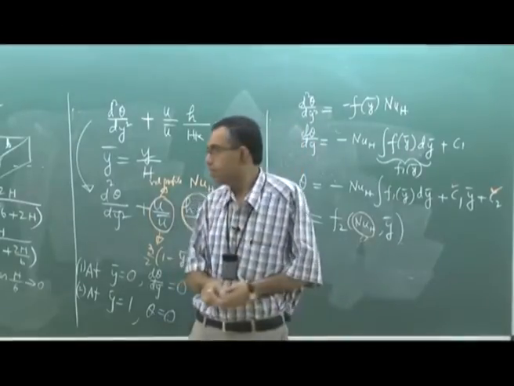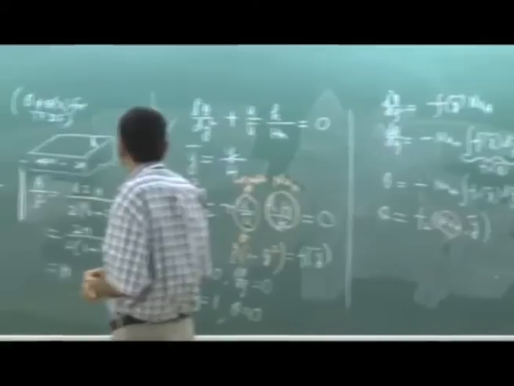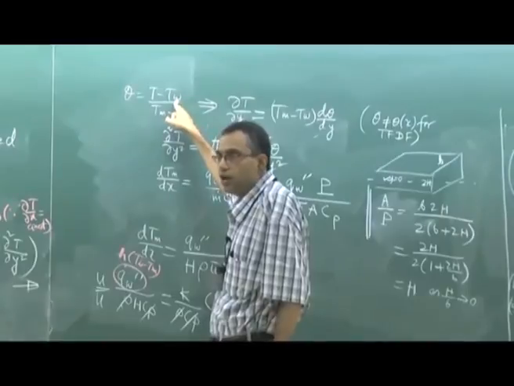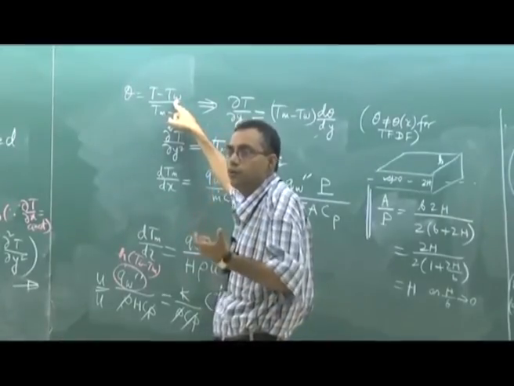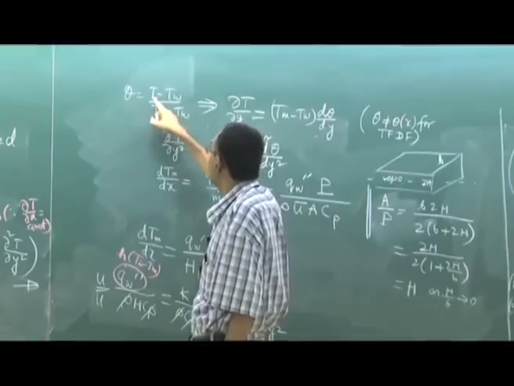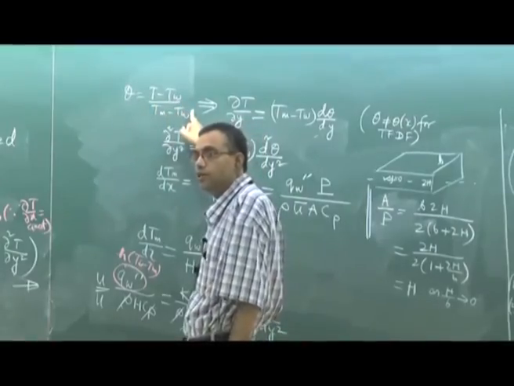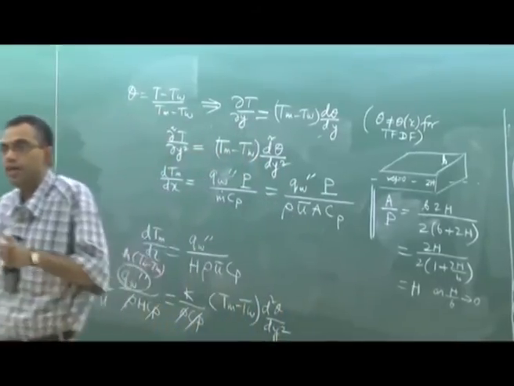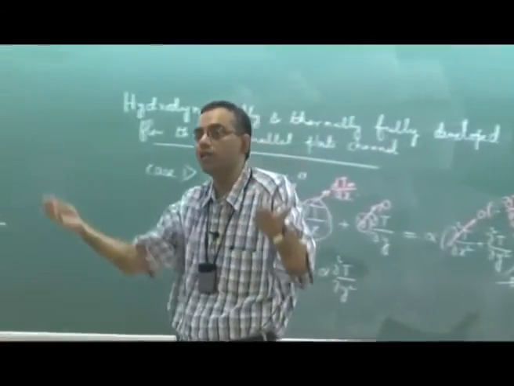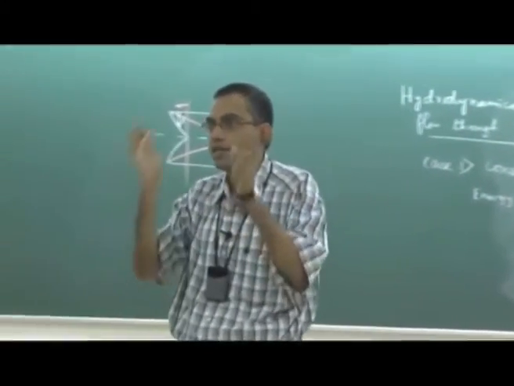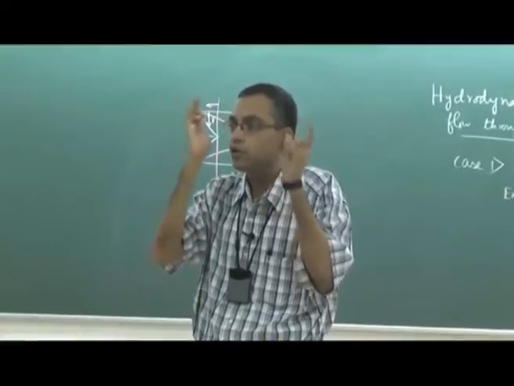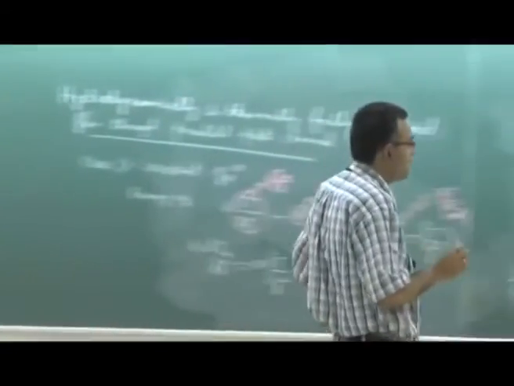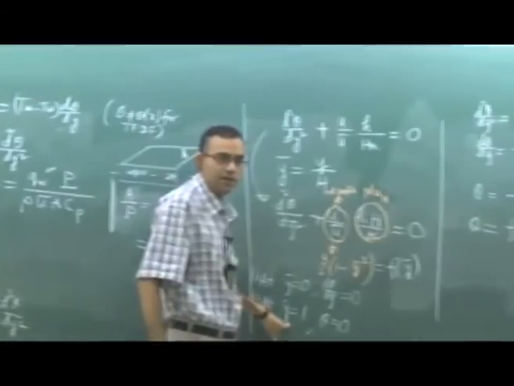One of the reasons is that this boundary condition, theta equal to 0 at the wall, is not actually giving you any new information, because theta by definition is T minus T wall by Tm minus T wall. So at the wall theta will always be 0, that is the definition of theta. It does not depend on whether it is constant wall temperature, constant wall heat flux, whatever. It is just a simple English sentence, T equal to T wall at the wall. So nothing more than that, and that is what has been utilized here.